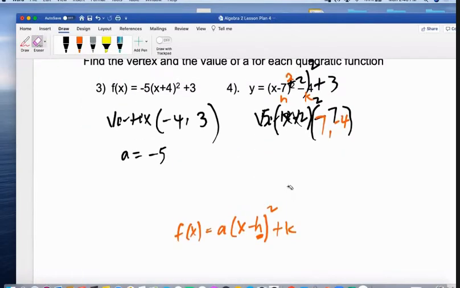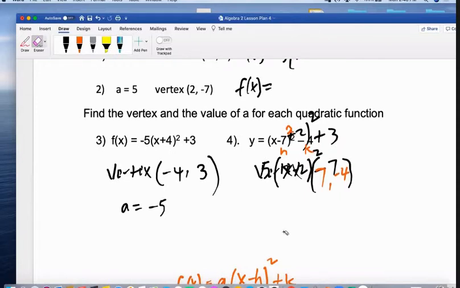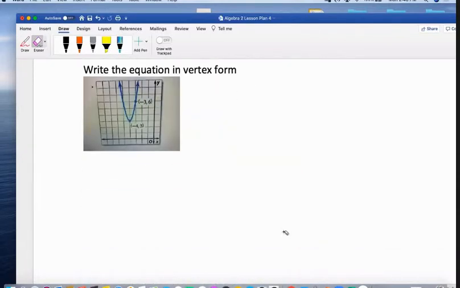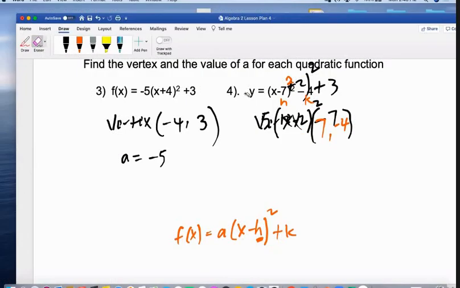Yes? No? Is it 1? Yes, it's 1. So the A value is actually 1. So for number 4, the vertex is,